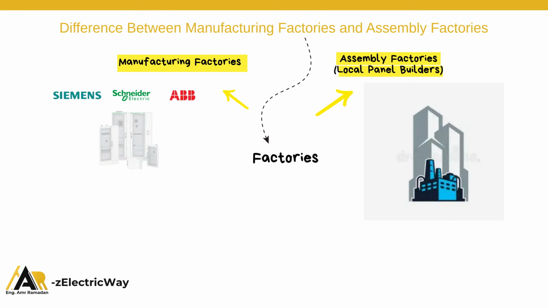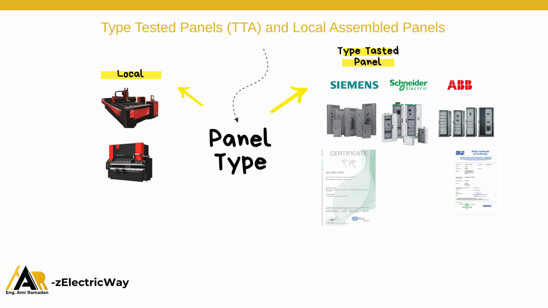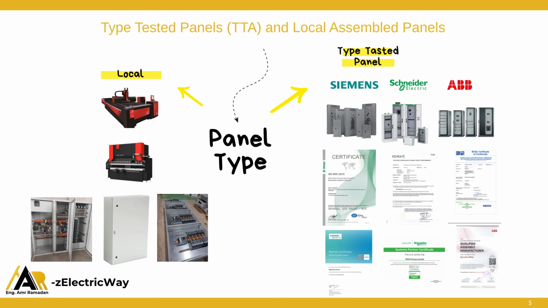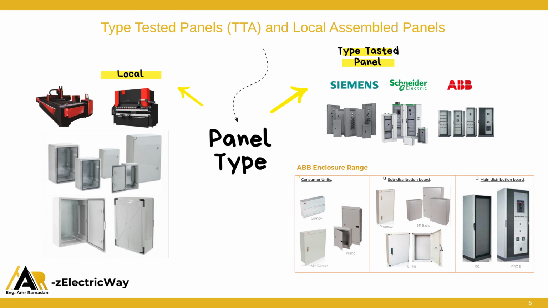After that, we will speak about the difference between manufacturing factories and assembly factories. Manufacturing factories like Siemens, Schneider, and ABB produce type-tested panels, which need certificates and more testing and commissioning at many labs around the world, like KEMA, DEKRA, and others. These are examples of ABB enclosure ranges: Mini Center, Primo, and sub-main distribution boards like Unikit, SR Basic, and MDBs like